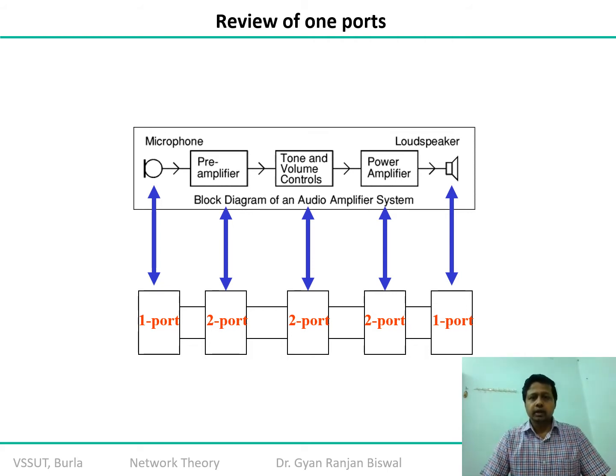So in this demonstration, it has been shown that the intermediate networks, such as the tone or volume control, the power amplifier, and the pre-amplifier, which is primarily a voltage amplifier, are individual circuits fitted within the system, and these are two-port networks. Whereas the microphone and the loudspeaker are both classified as one-port networks. If you combine the one-port and two-port, it serves almost 99.9% of applications.